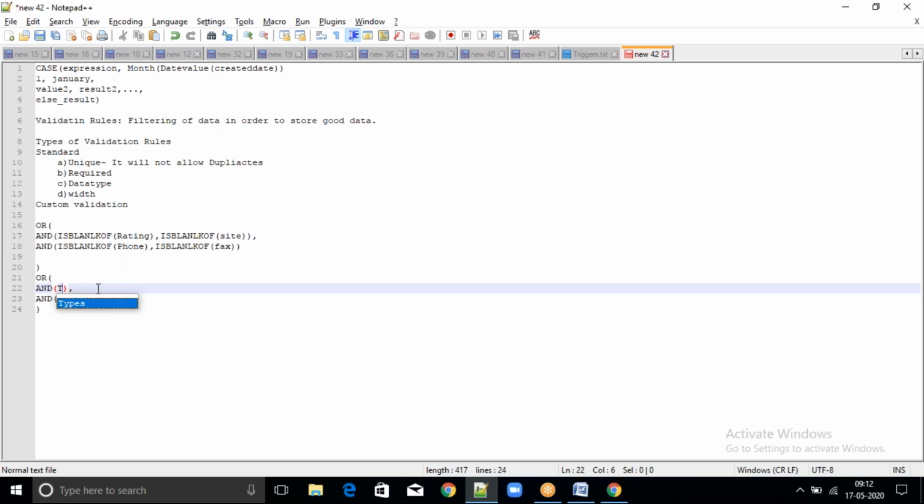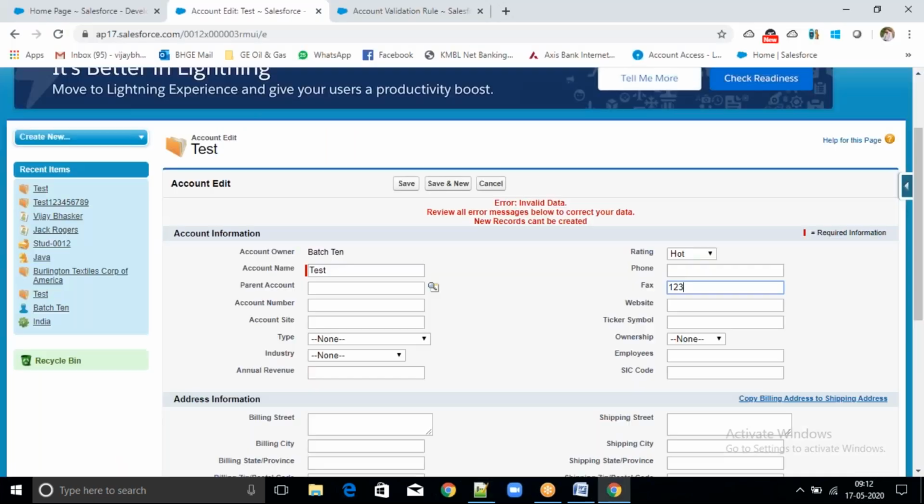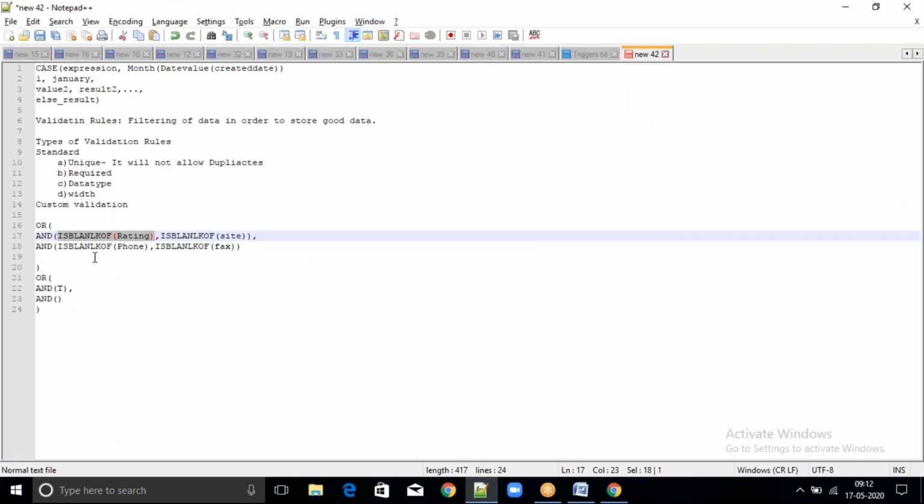Inside and we wrote is blank of rating, whether we are checking whether the field rating is blank or not, whether the site is blank or not, phone is blank or not, fax is blank or not. Now I am checking inside and I am checking is blank of rating. Now you have to say I have entered rating as well as the fax. It will return true or false.